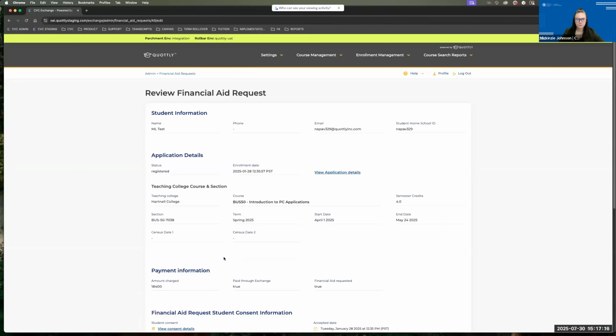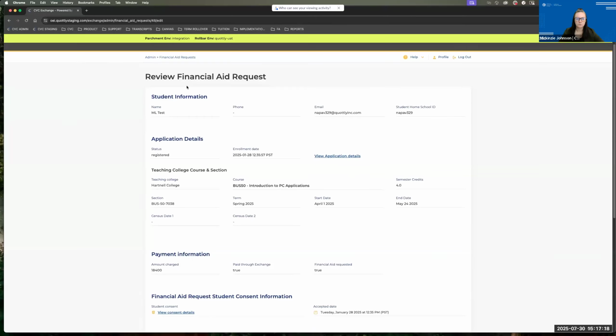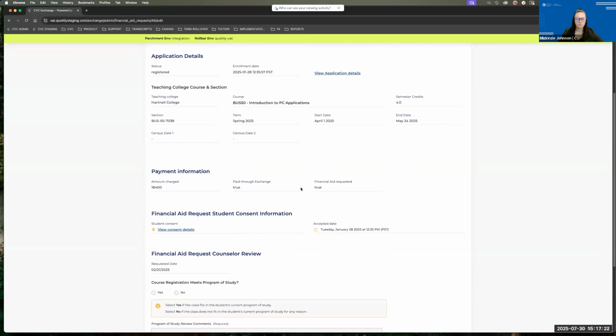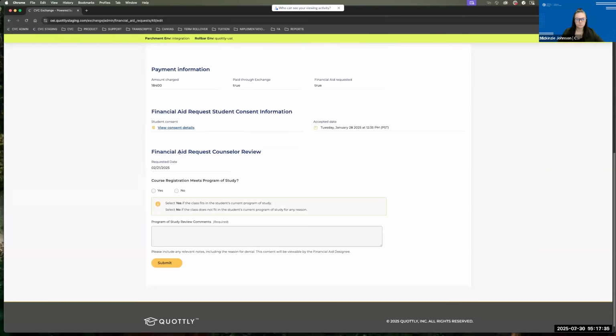So if we were to review these requests, you will see the student information here at the top. You will also see potential transfer information for the course underneath the census date. This is not pulled in staging, but it will be pulled into your production environment. However, ultimately, what you are wanting to do is at the bottom of the page where it says Financial Aid